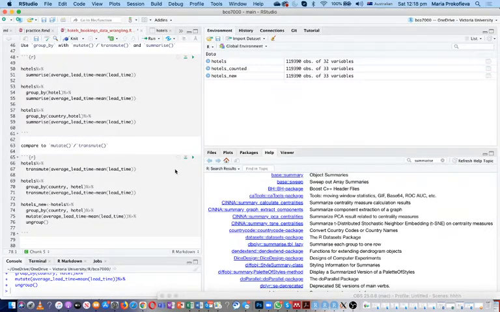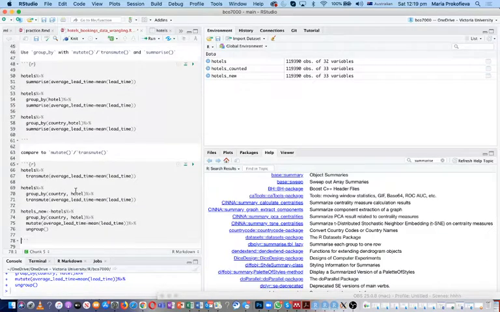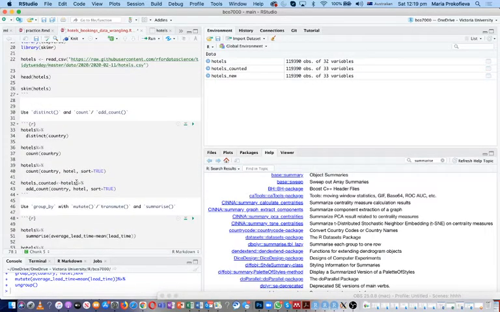So we're finalizing this video at this stage. That was a video that demonstrates the use of group by with mutate and transmute versus summarize, and we also looked at the difference between using distinct and count. We also used add count as well. So don't forget to save your work,